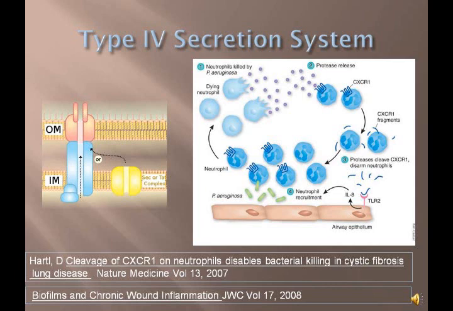That high elastase causes the CXCR1 receptors to degrade. Those fragments of CXCR1 receptors stimulate the toll-like receptor 2, which releases IL-8 and other chemotactic factors,